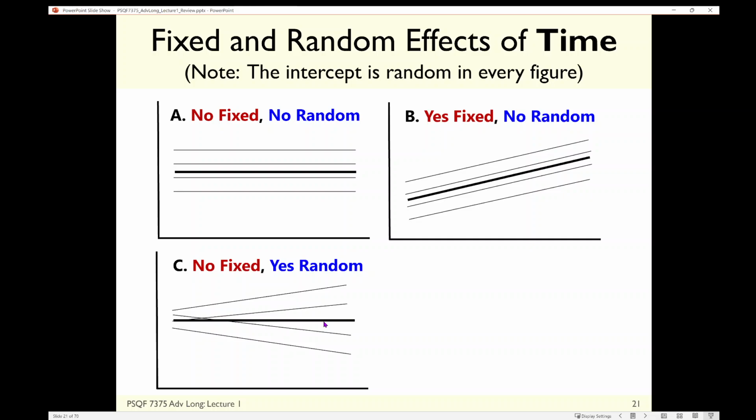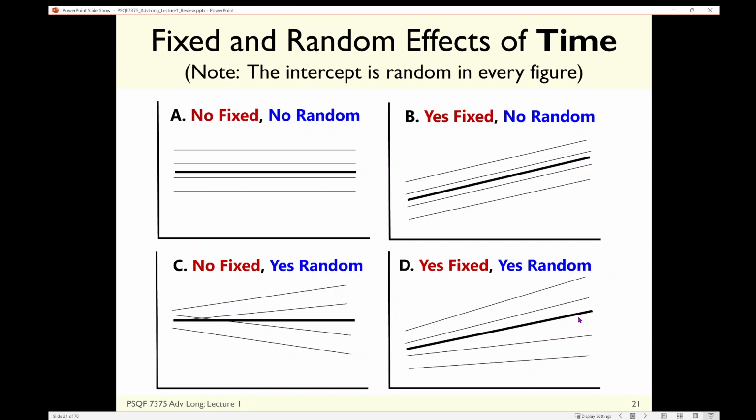However, when you dig into the individual level, that's because some people are going up and some people are going down, which are canceling each other out. And so now we have heterogeneity of variance as a function of time. People are less spread out in this picture at the beginning than they are at the end, and that also introduces heterogeneity of covariance over time. And then you can have some of both as well. So you can have an average trajectory that is not flat, coupled with individual differences in the extent of change